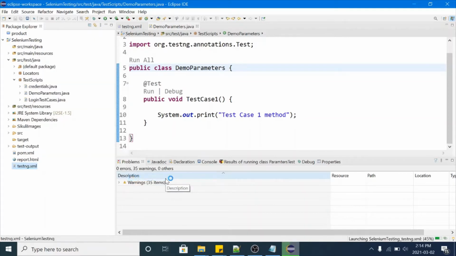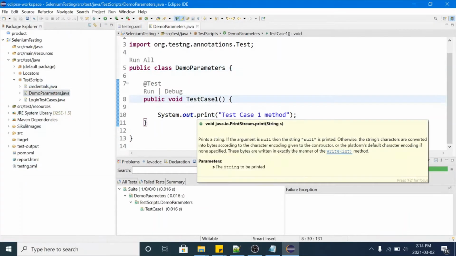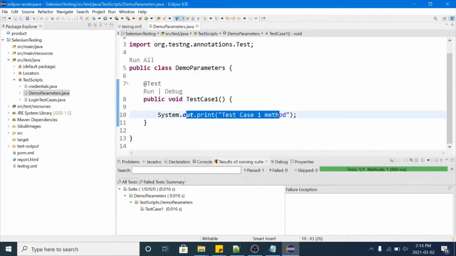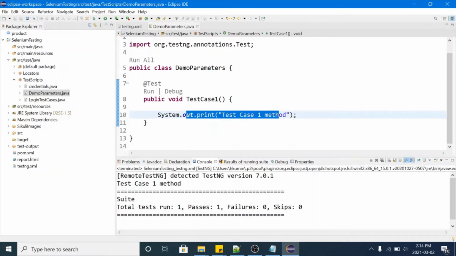Let's see, it's running the test case now. So it's saying total test case 1 passed, 0 failed. That means it's executing this test case. Okay, now it has one console statement. Let's see the console output whether we are getting this message or not. Have a look. So we are getting the message. That means this test case got executed successfully.